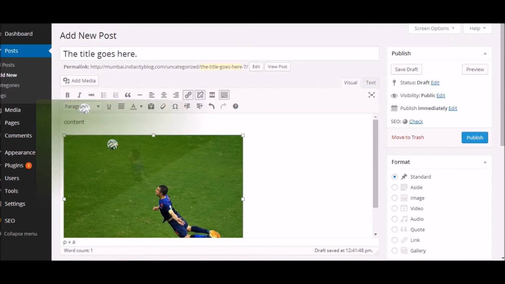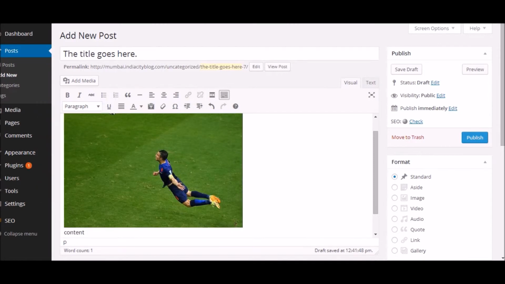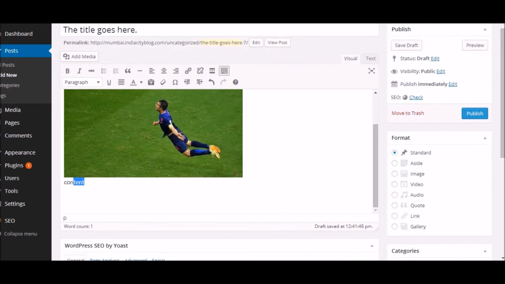You can just check it. I dragged it before the content. So this is a very cool feature. I just have a word written in the content. If you have some 5 to 6 or 7 paragraphs, and if you want to drag and drop the image anywhere, you can do it just with a click of mouse. So the whole content should be into this.